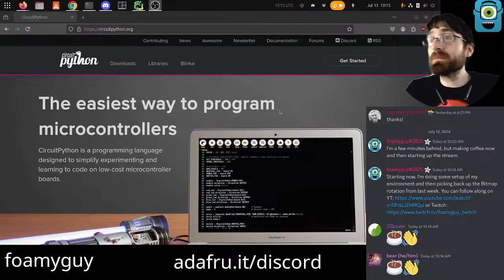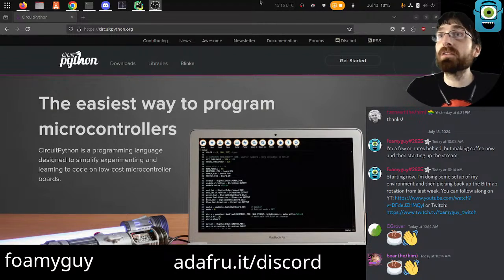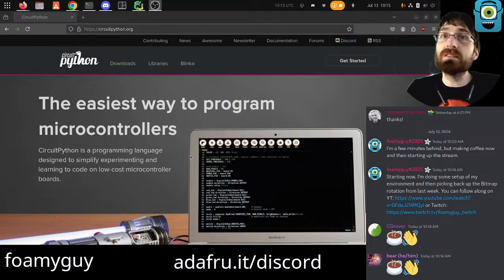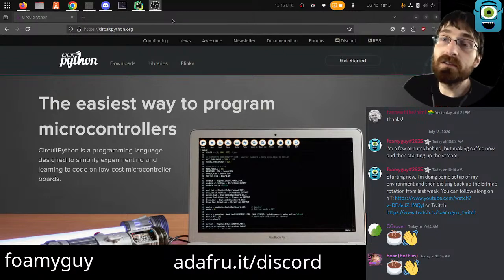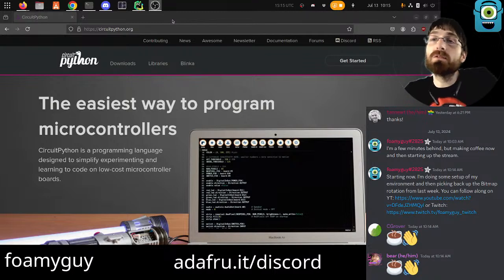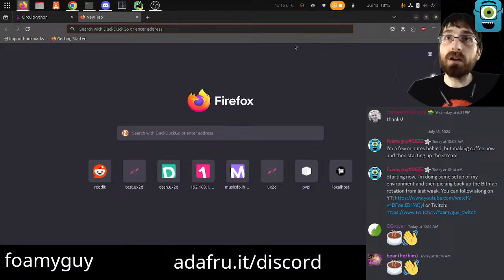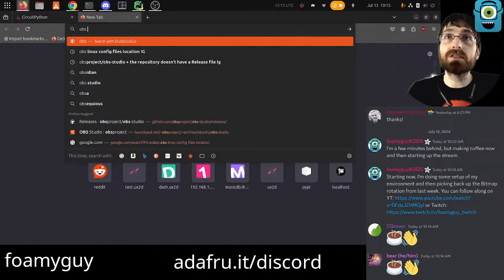So that leads me to the next place, which is that we have some setup to do because my computer, my hard drive specifically, died on me this week on Monday, and I've gotten a lot of stuff set back up, but not everything. In particular, I'm not set back up all the way for CircuitPython development yet. So I'm going to be doing some setup for that, and then we'll get back into the bitmap rotation stuff from last week, and then I will try, let me try OBS